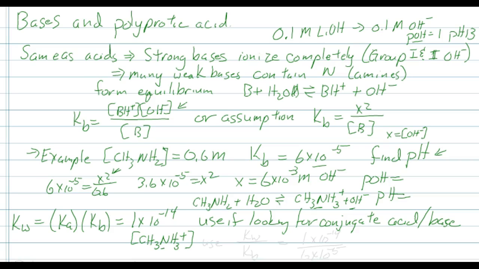So if you were interested in that, the conjugate acid going the opposite direction, you would use Kw divided by Kb, 1 times 10 to the negative 14th divided by 6 times 10 to the negative 5th. Multiply that out, or divide that out, and then that way you'll get that. Now we're going to move on to the